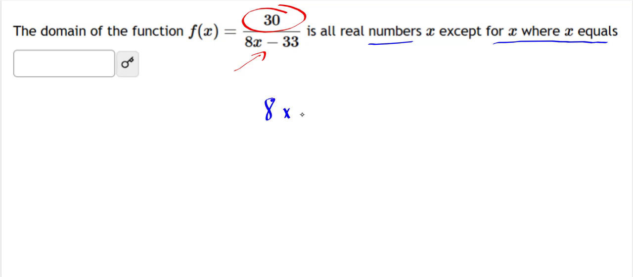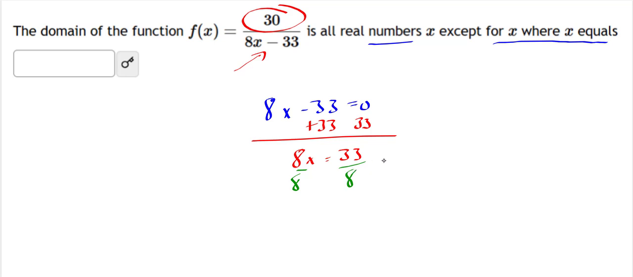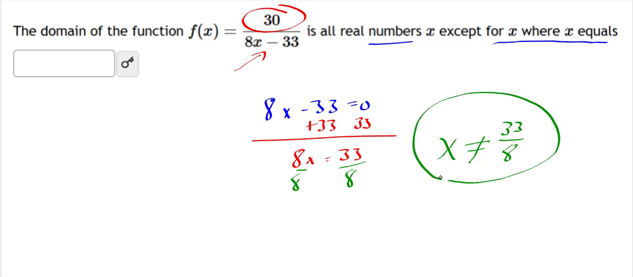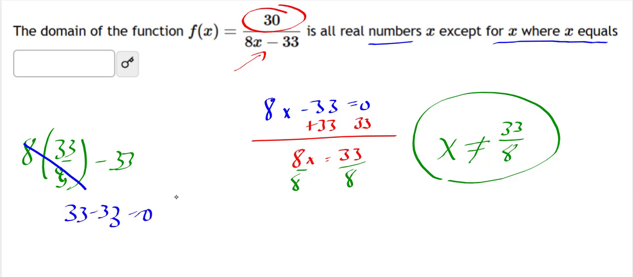So how do we find that? Well, you take the denominator, set it equal to 0. I'm going to add 33. So 8x equals 33. Then I'll turn around and divide. So x can't be equal to 33/8. Okay? That is the restriction. Because if I were to plug 33/8 in here, I'd get my 8's to cancel, so that's 33 minus 33, which is 0, and you can't have 0 in